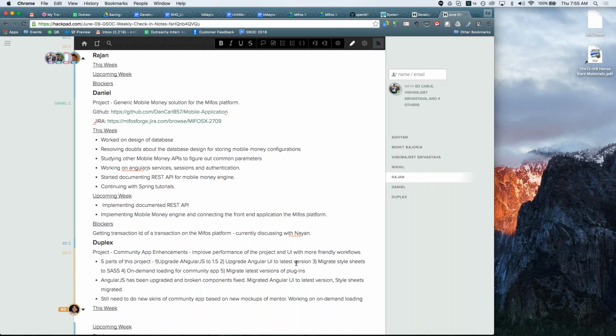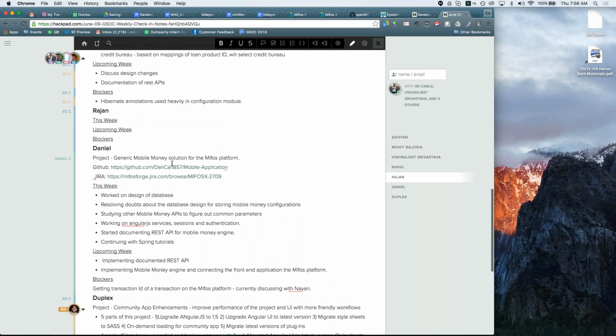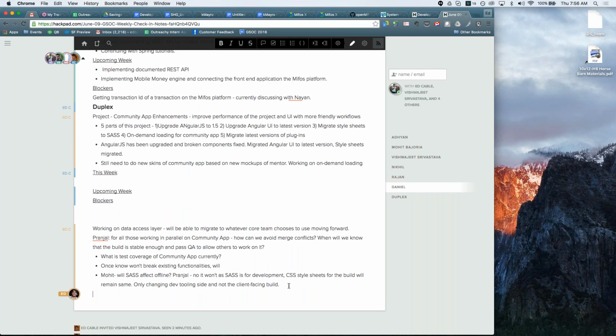And I know since you're working with Adyan, you're probably making sure that he's not blocked in any way. So, with Adyan's project, right now we are spending more time on design, the back end. Once that is done and we are satisfied with the implementation, the implementation on the client side will take only 20% of the whole time.